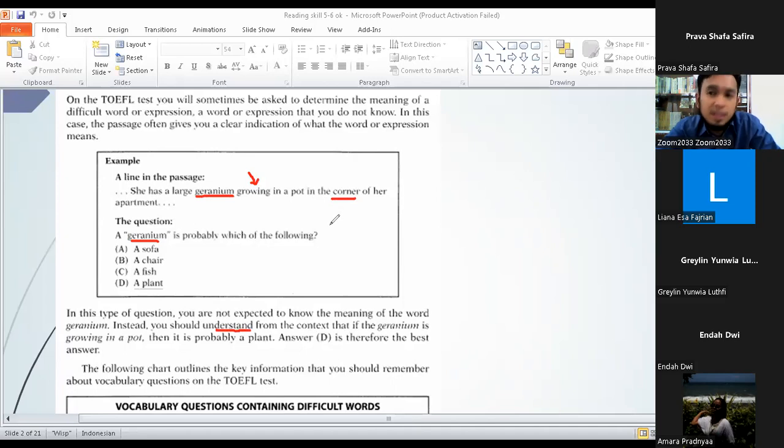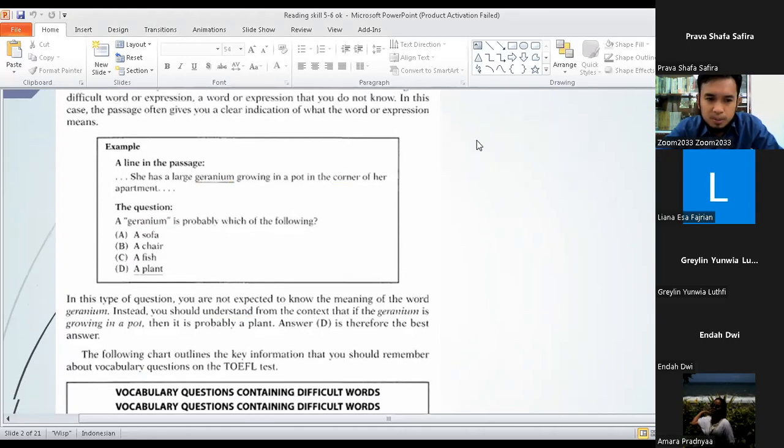What things can be placed in the corner and are growing? So we can identify that the answer is probably a plant. This is how we can identify